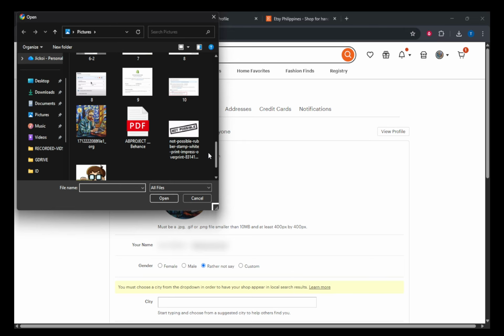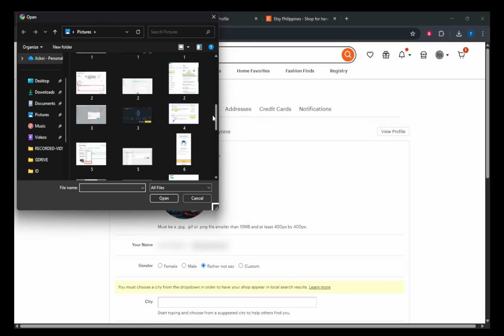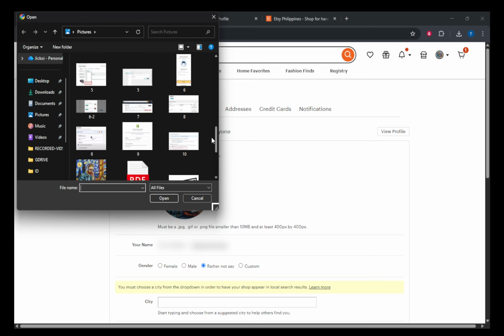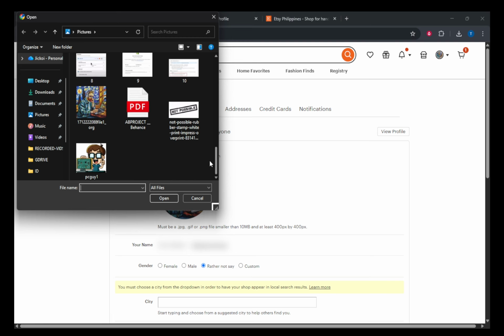Before selecting an image, there are a few technical details to keep in mind to ensure your image uploads successfully. It's important that the image is at least 400 by 400 pixels in dimension. Also, make sure that the file size does not exceed 10 megabytes. In terms of format, Etsy supports .jpg, .png, and .gif files,